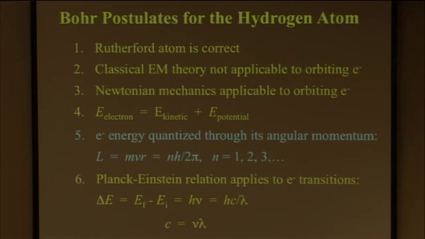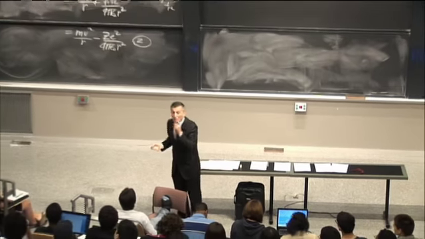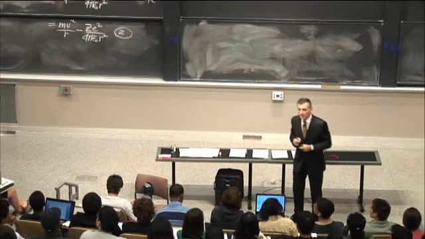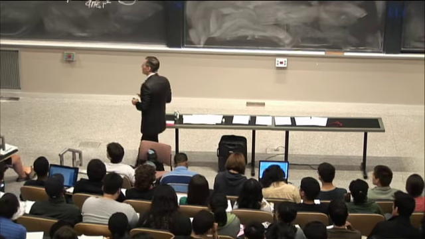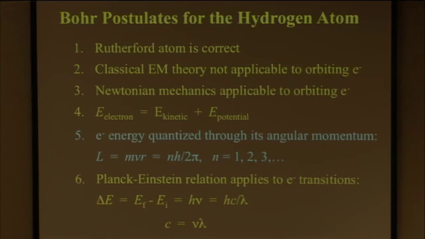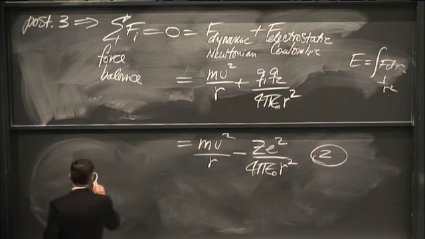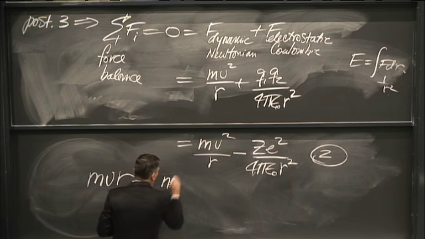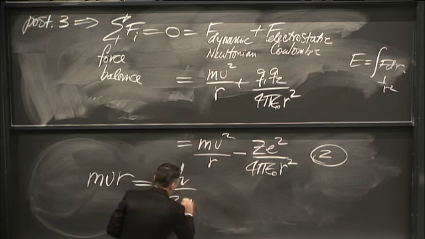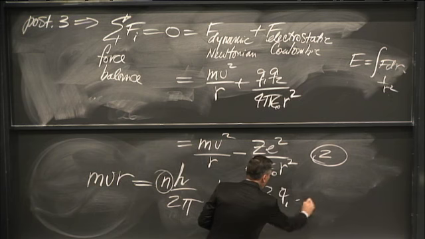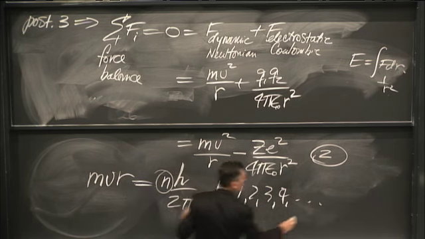Now what Bohr is going to say is, for the electron moving in orbit, I'm going to apply the same concept of quantization to the electron moving in orbit. Well, that's different. That's different. And using this value, he gives us mvr, which is the angular momentum, is quantized: n h over 2 pi. h is the Planck constant, and n is an integer, 1, 2, 3, 4, etc. So this is the quantum condition, and this will be equation 3.